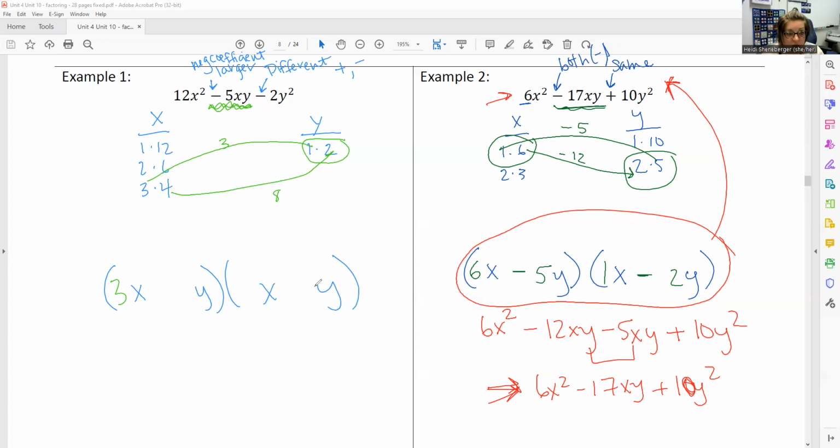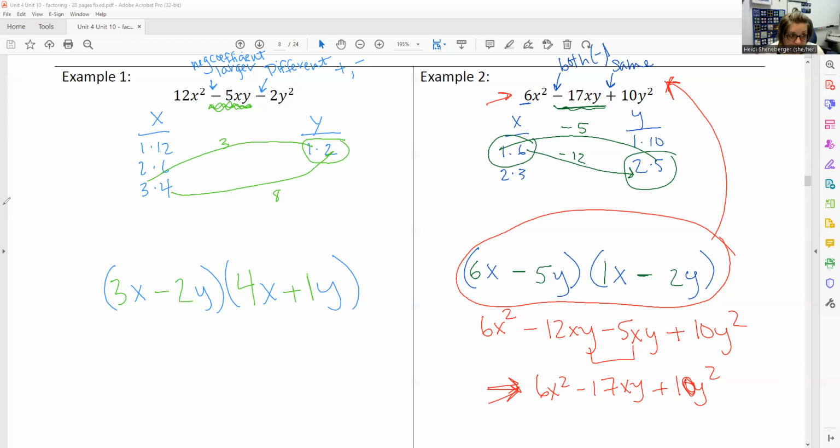Wait, I put that in the wrong spot. 1y. I'm looking at my notes off screen going, why didn't that work? And now this is going to be the 4x. It has to go with the 2y. Okay, and then the negative coefficient is going to be the larger coefficient. So I got to look at my y's and say, okay, which one's bigger, 2 or 1? It's going to be 2. Oops, that was a weird minus. And so then this one's going to be plus.